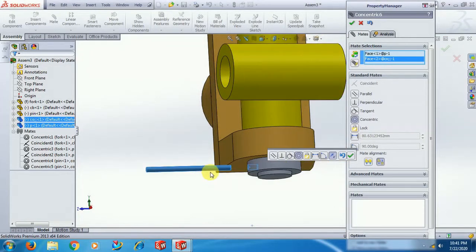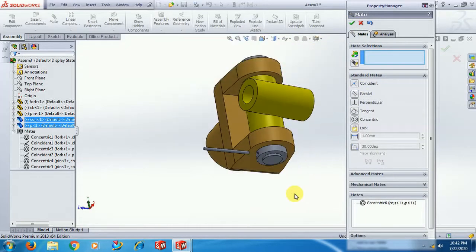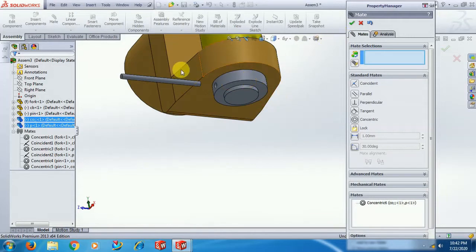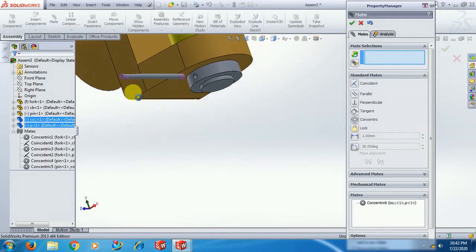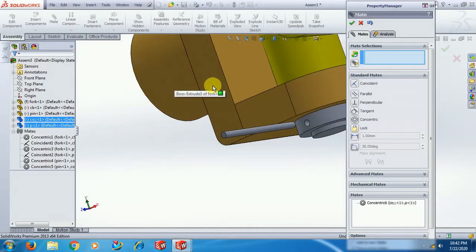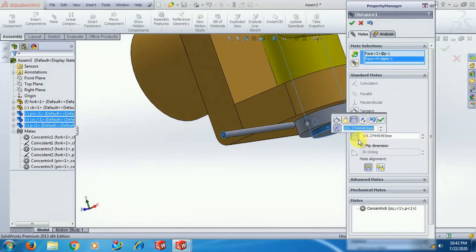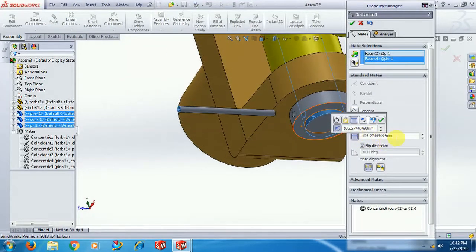You can also move it, you can check. Then I select this surface. Now I have to place it at the middle. On this surface, distance, now I selected distance, so I'll give some 20 mm.